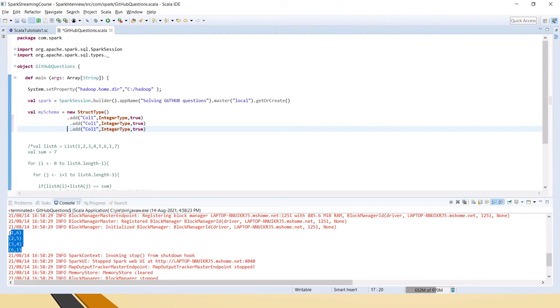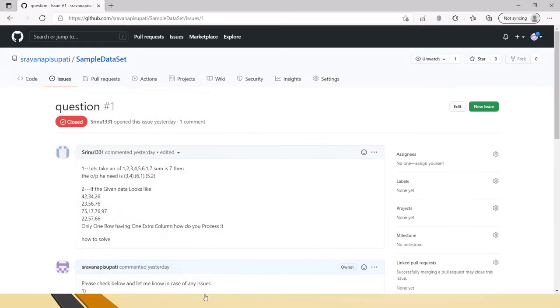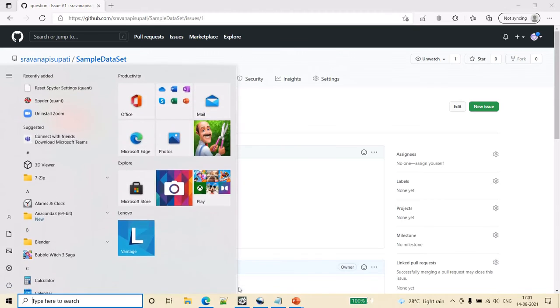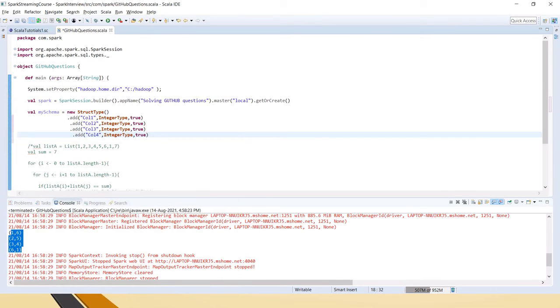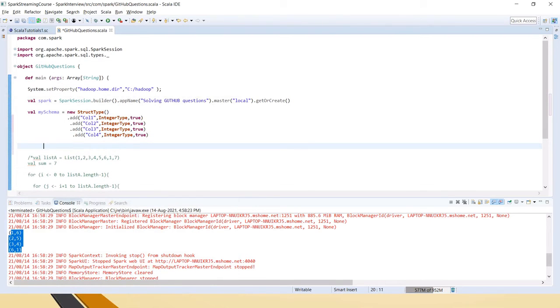So col2, col3 and col4. If you see here, column 1, column 2 in the first row, then column 1, column 2, column 3, and only in the third row we have column 4. For that reason I have taken column 4.